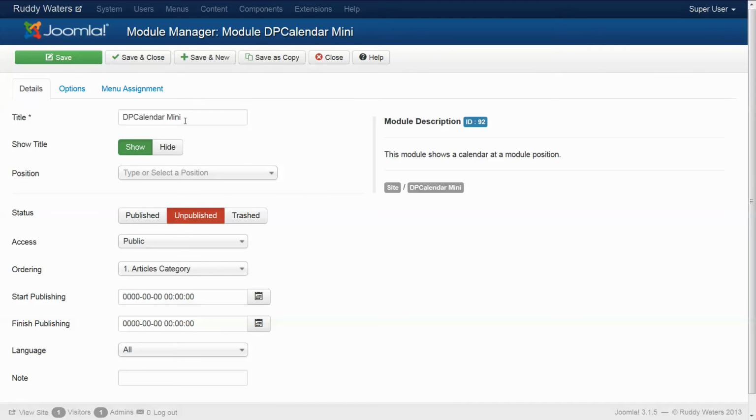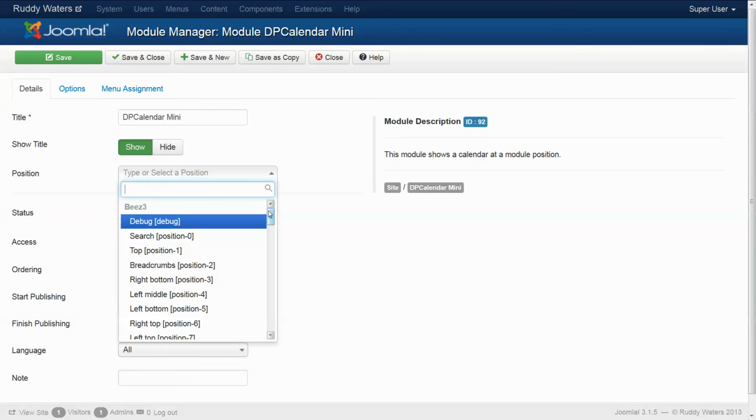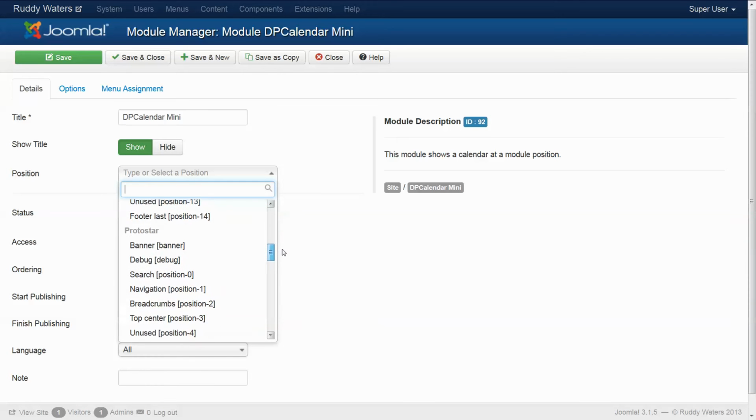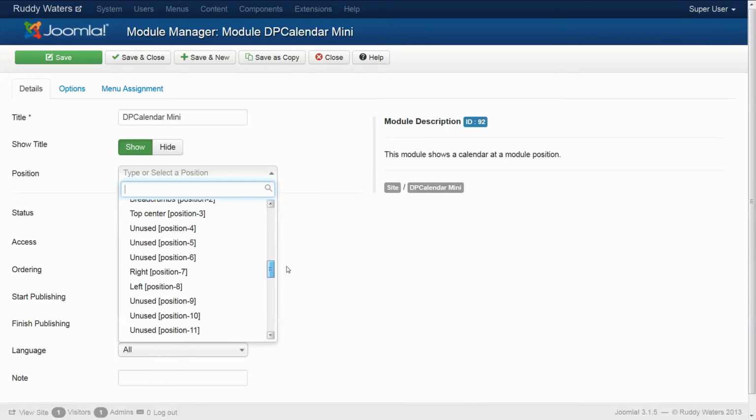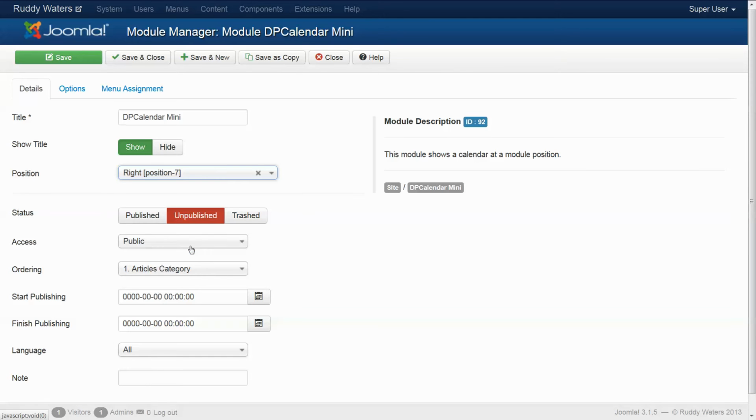And first thing we want to do, let's keep the title the same. DP Calendar Mini is fine. You might want to do something different, but we need to select a position, and we're using a default template of Protostar. Let's pick the right side, position 7, and we're going to publish. Now standard things here for Joomla, and let's go to options,